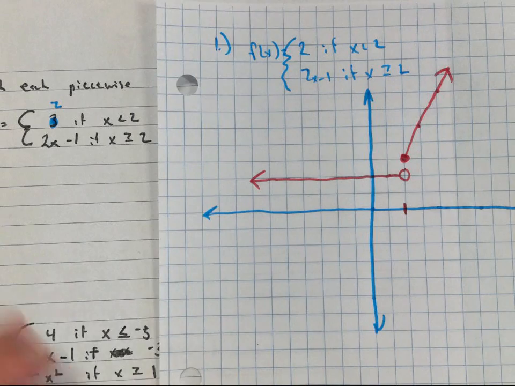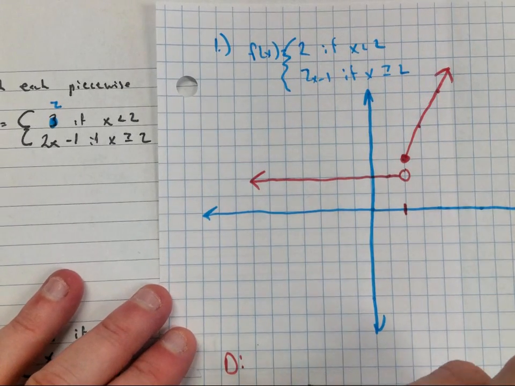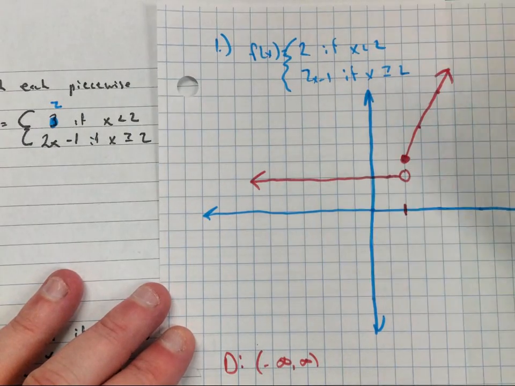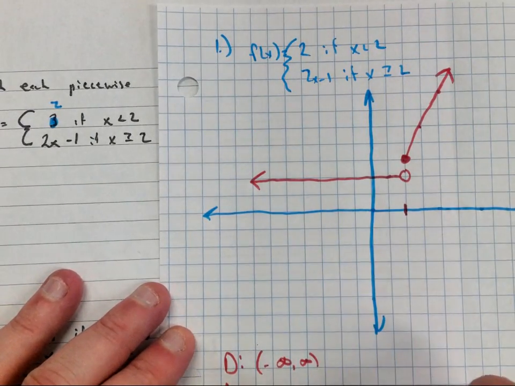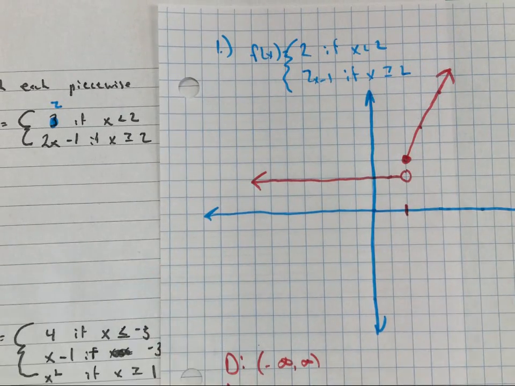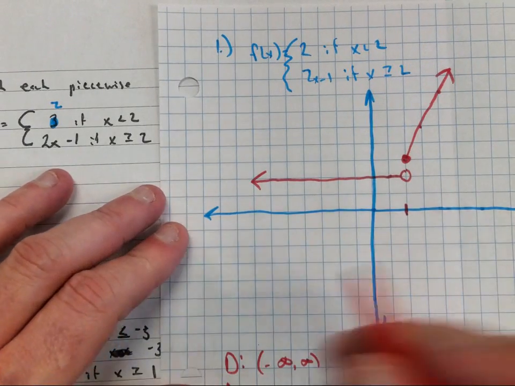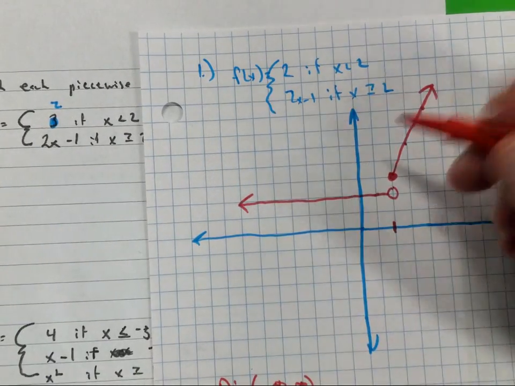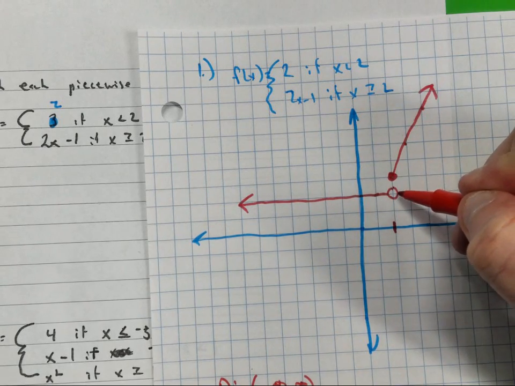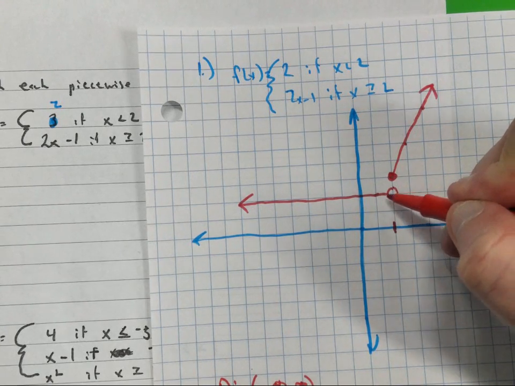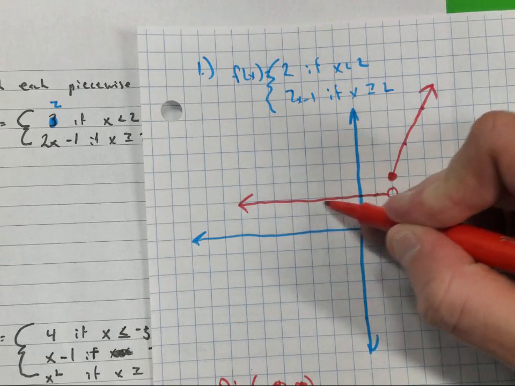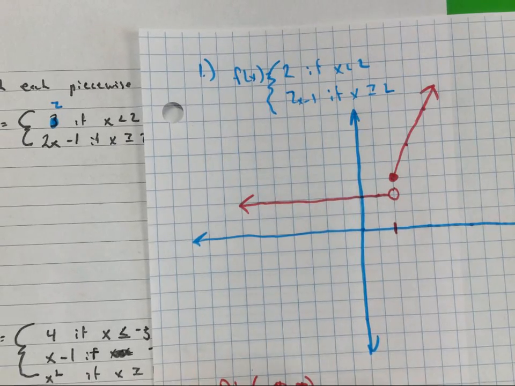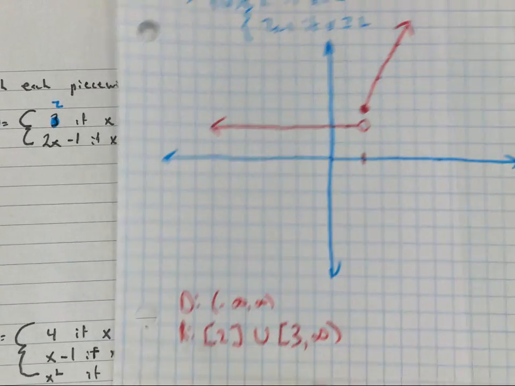Now, let's list the domain and range. If I start from the left, my domain will be what? All real numbers. Because I'm going to hit it. This cancels this out, so I'm going the whole time. Now, range. Very good. Watch this. It will be bracket 2, because, look here, it's tricky on this one. Isn't there a space between this and this? You said, Mr., shouldn't it be parentheses around 2? Well, that is an open dot, but isn't it defined for 2 on this straight, solid line? So it'll be bracket 2, union, bracket 3 to infinity. That would be my range for that particular problem.